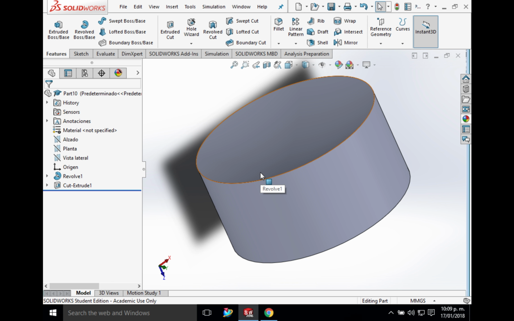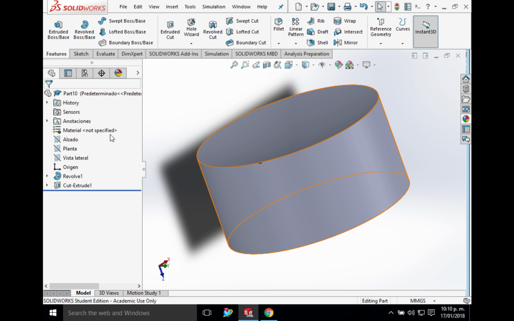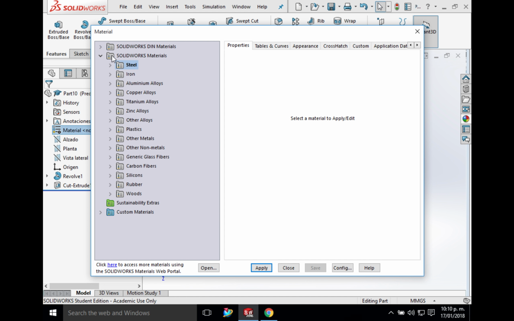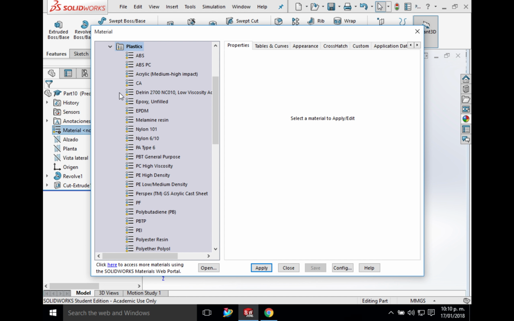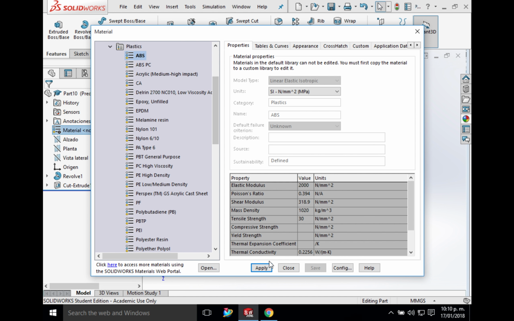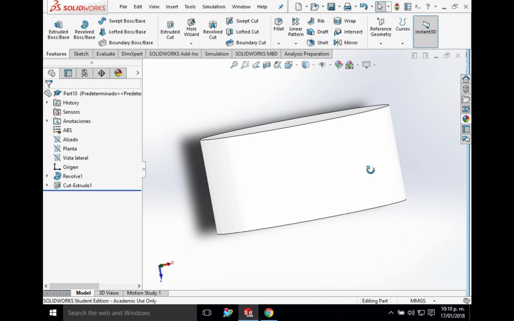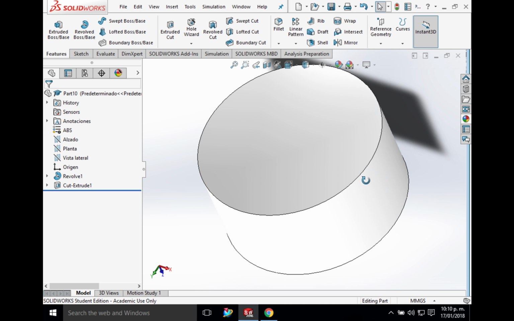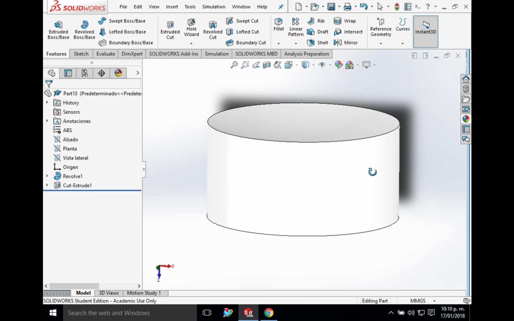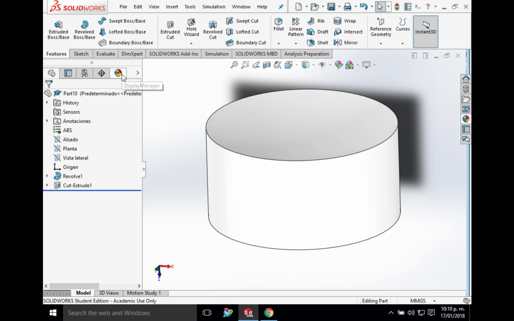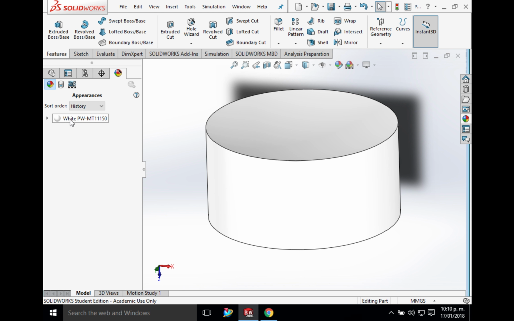Then we're gonna change the material of this button. Here in material, right click, edit material. Then we select plastics, and then we select ABS. Put apply. And now you can see that it changes the color and the texture SolidWorks gives to it. So now to change the color, we're gonna go here to this sphere and right click here,